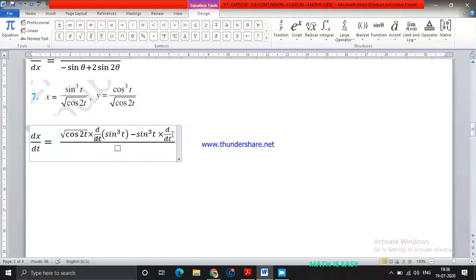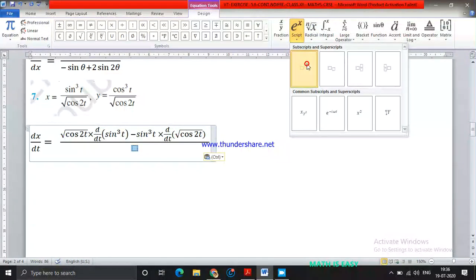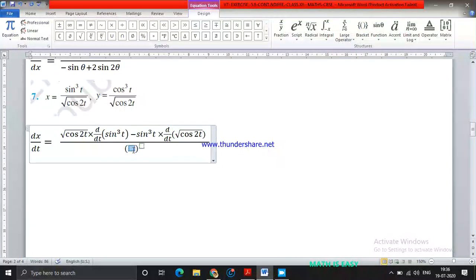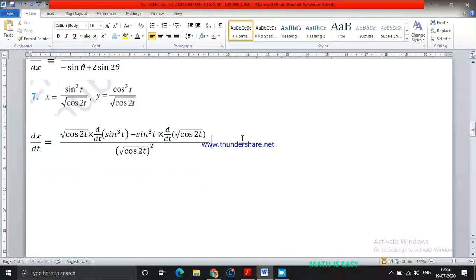Derivative of v means derivative of under root cos 2t upon v square. Okay, that is the formula, right? Upon v square means the square will come. According to the UV formula, I'm going to get this step: v derivative of u minus u derivative of v